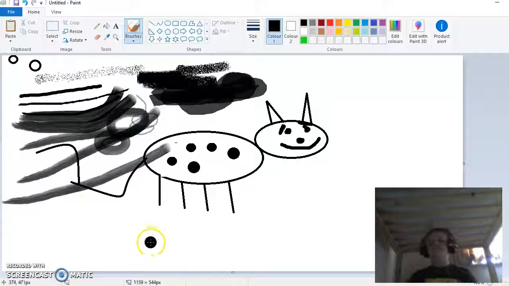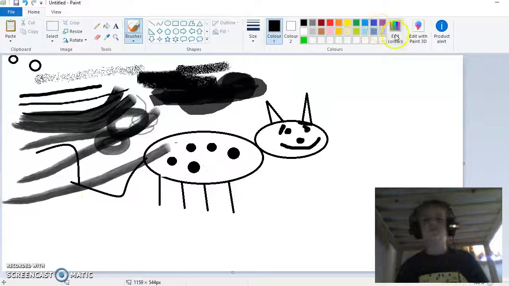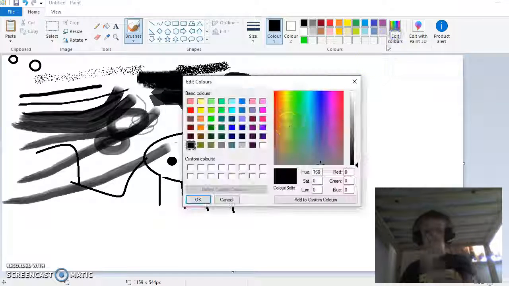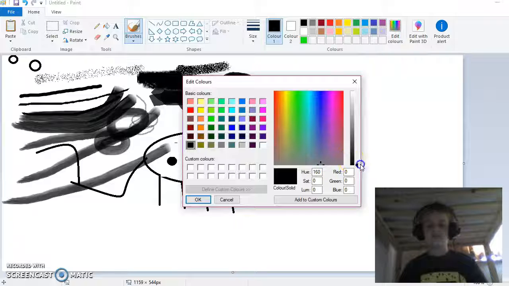So yeah, and a cool little thing to do is see where it says edit colors. So you can make your own color. Make it bright, make it a little grey. And if you don't want grey, we can make it like that kind of